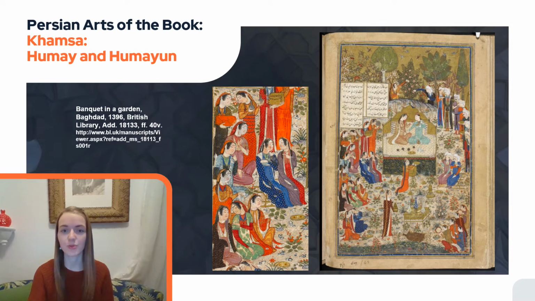What is depicted here is a banquet in a garden, with trees, blossoming flowers and birds in the background, and groups of people encircling the couple who are sitting on an elevated throne. There are female musicians at the bottom right, and to the left an entourage of women carrying dishes or other objects. If you look closely, you can see that their robes are all patterned differently, and that there is a lot of variation in their gestures as well.